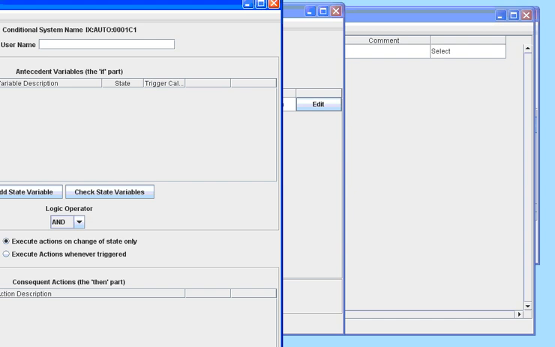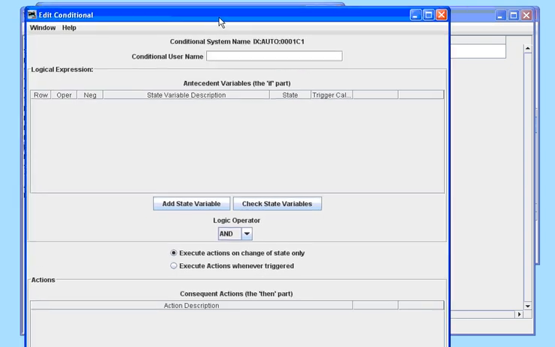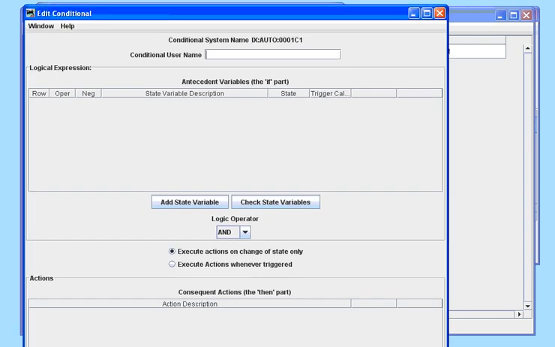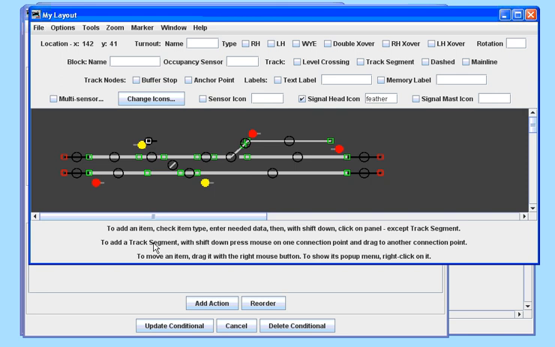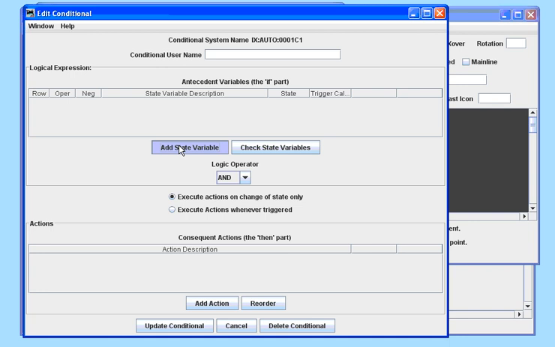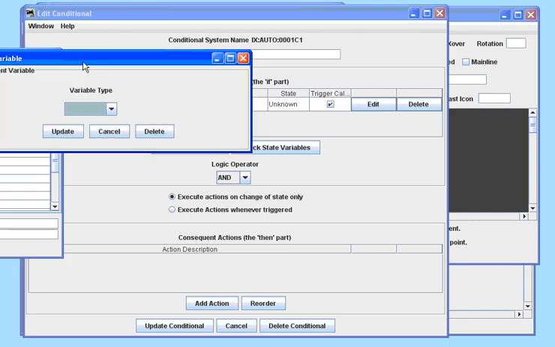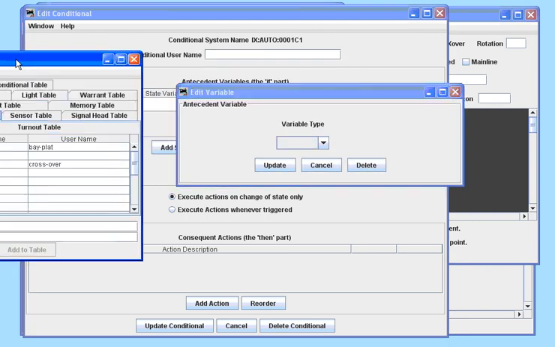And what we now get is quite a tall window, which when you look at it, you create a new condition. Now the first condition we're going to create is the conditions for when the feather should illuminate. And there are several possible states of the signals on the track which might cause the feather to illuminate. Now obviously the signal needs to be in either the yellow or the call-on state to go down the bay, and the turnout needs to be set to go down the bay. So the first variable we're going to set